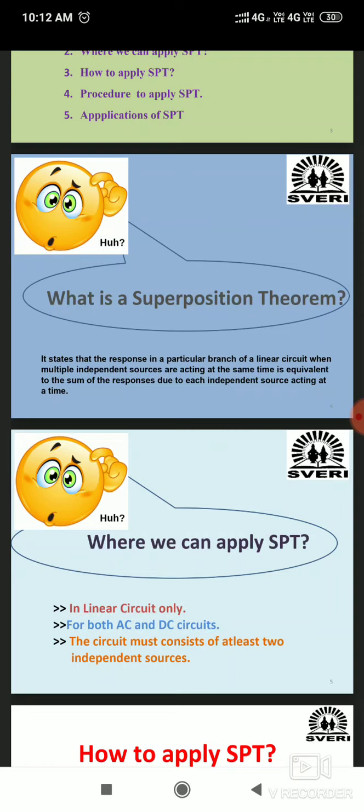Okay, once again I will repeat. Everyone note down, superposition theorem states that, in a linear circuit containing two or more independent sources, the response in any element due to all sources acting simultaneously